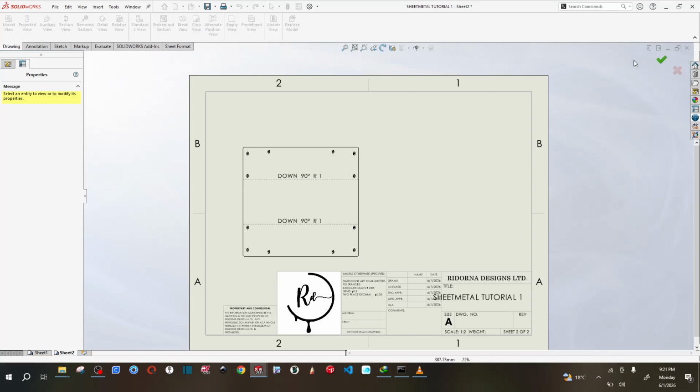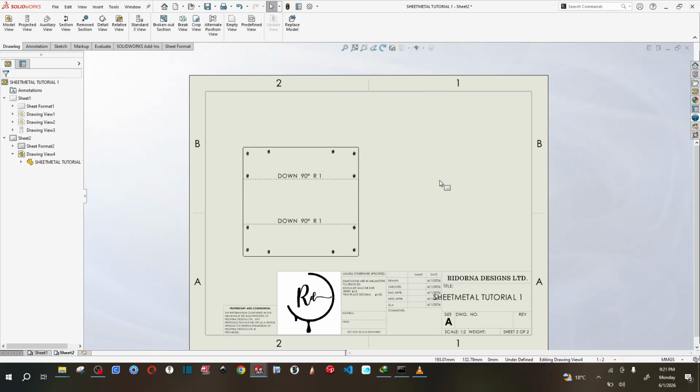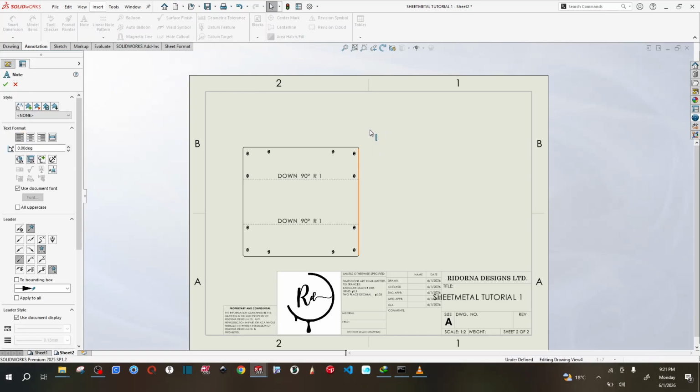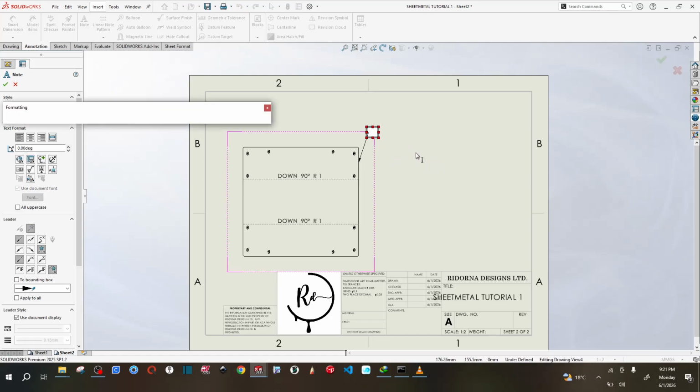Anyway, so go back to annotation and give it a name. And we can call this one cover, maybe in caps, cover. Okay,